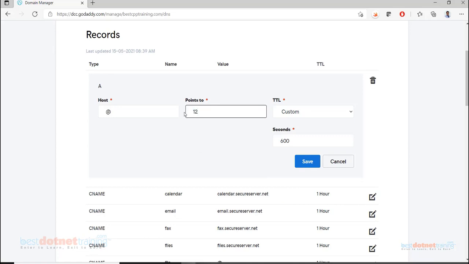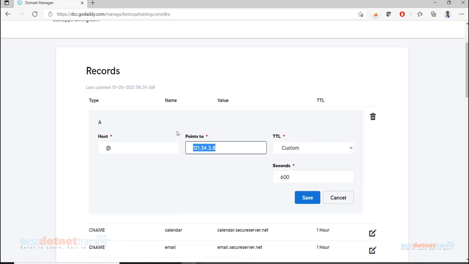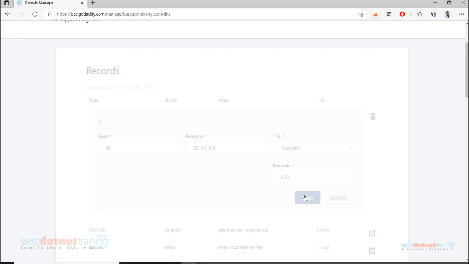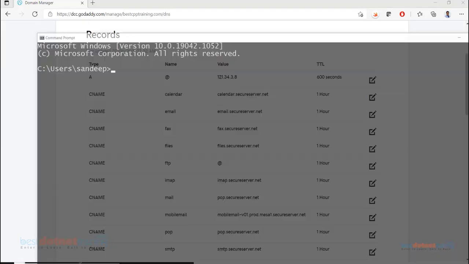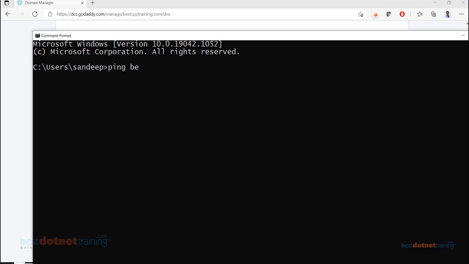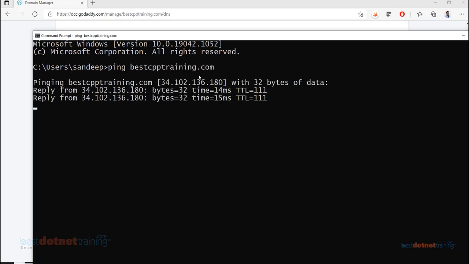So this can be some IP address of some machine on the network, anything. You should first figure out the IP address. So once you have this, imagine I enter 121.34.3.6 or 3.8. Now if somebody does ping bestcpptraining.com, they are supposed to get that IP address.